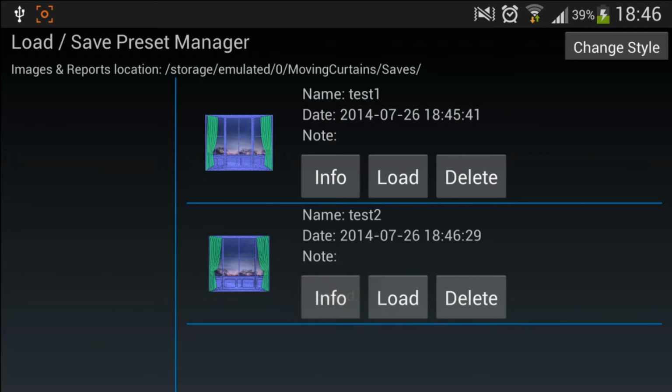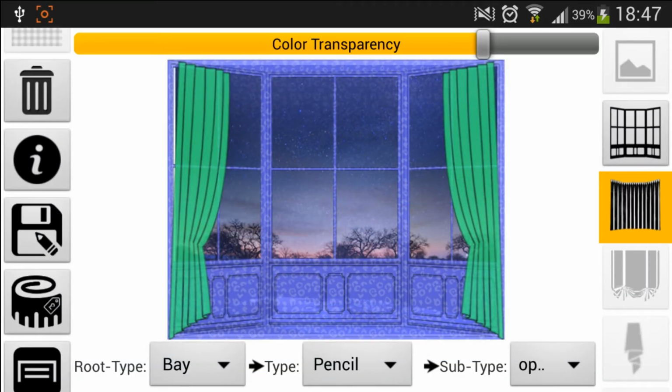Now we can see that we made 2 records of our saves. So let's say I want to load the first one, load. Now it's loading. So we saw the message that it's loaded. Now we can come back to the main screen, and it's loaded.